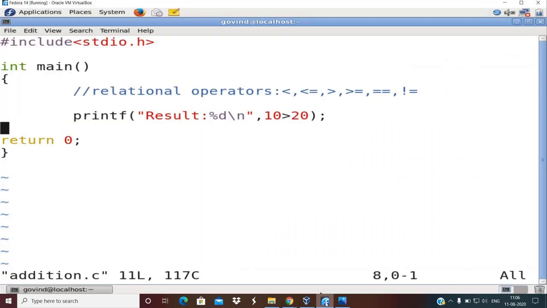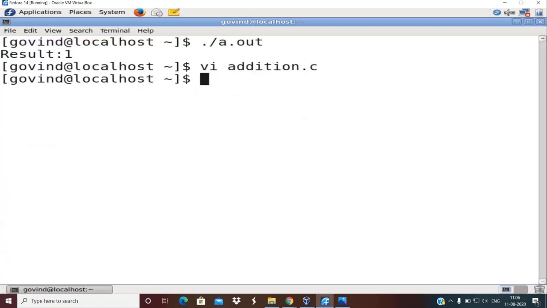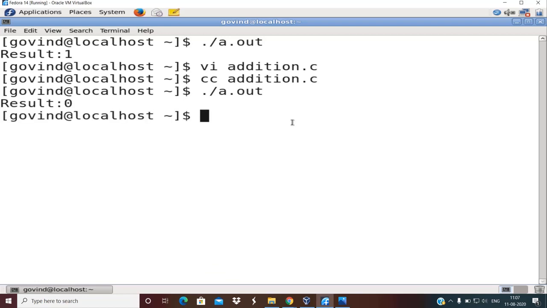Let's see that. First, what you should remember is: 10 greater than 20? The answer is no. 10 is not greater than 20. It is false. Let us see what false or no gets mapped to. So I'm going to compile this now. You can see here it is now displaying 0. So what does this mean? No and false, those English-like statements, are mapped to a value of 0, right?